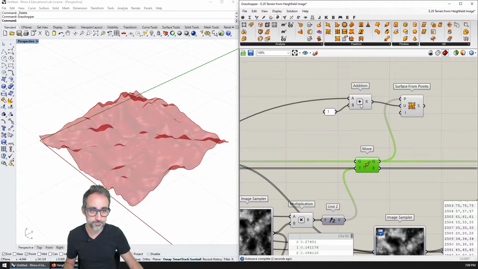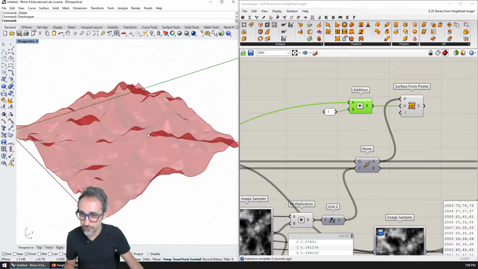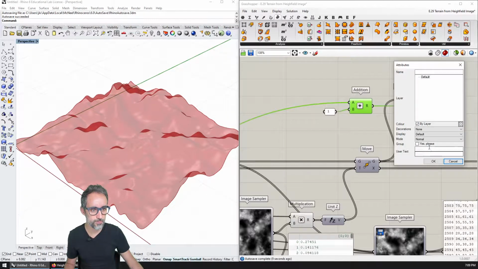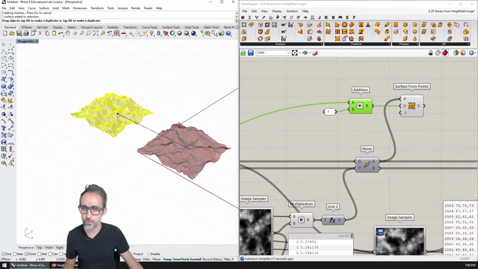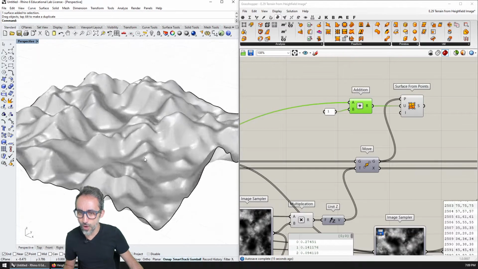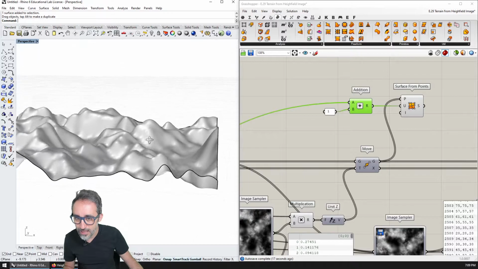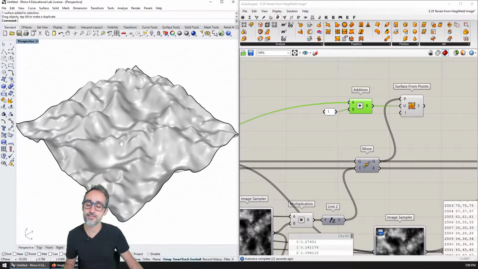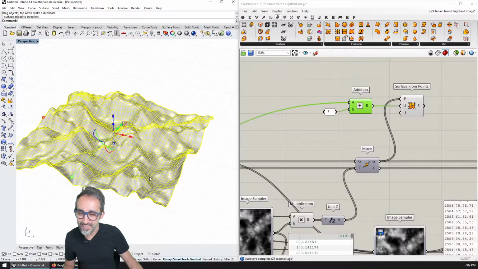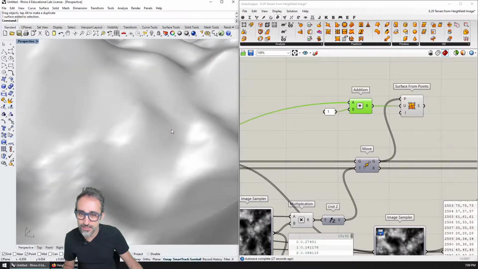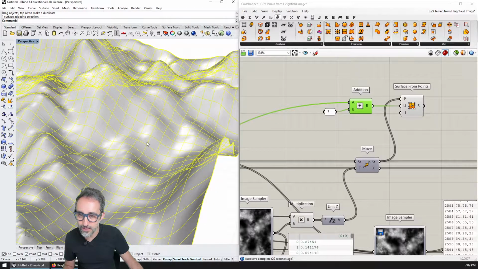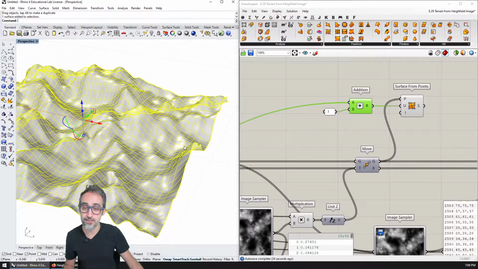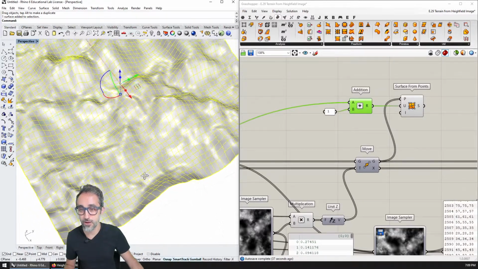And as I do that, you can see that now I have this thing that looks like, let me bake this to make sure that it's a surface. I'm going to bake this, and I'm going to move it all the way here. And you can see that, what? It's actually a real NURBS surface. If I click on it, it kind of looks like a mesh, but you can see that it's not triangles, that each one of the edges is actually a tiny curve. So these are basically the ISO curves of the surface, but they are not really faces.